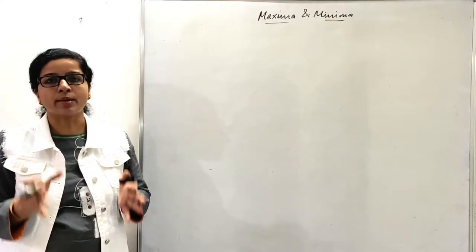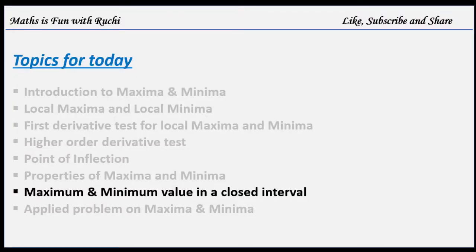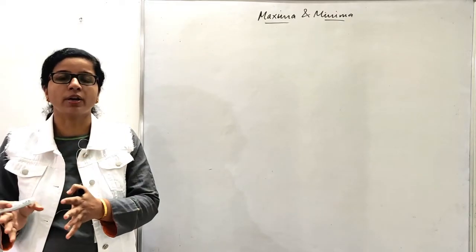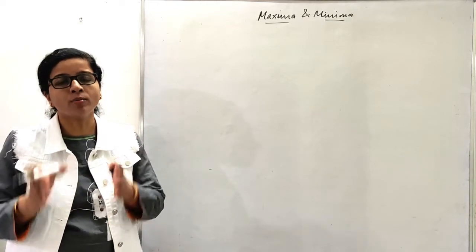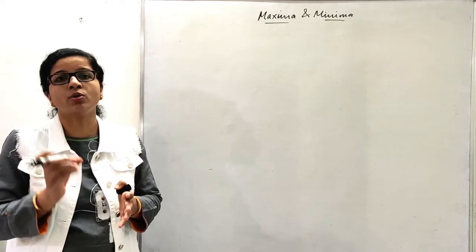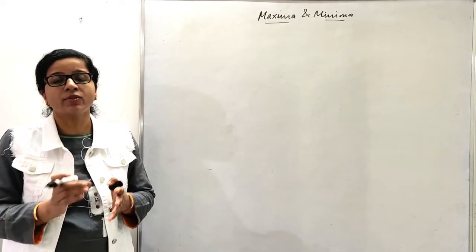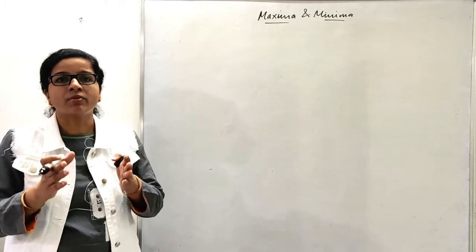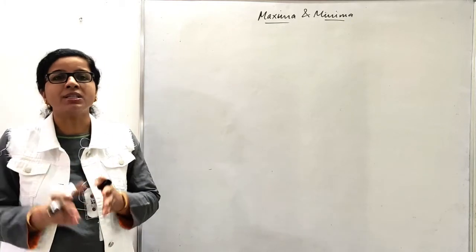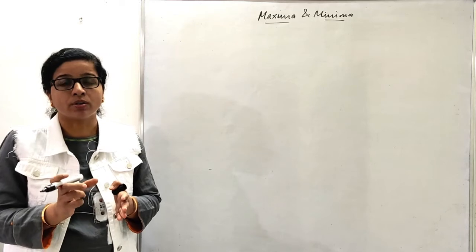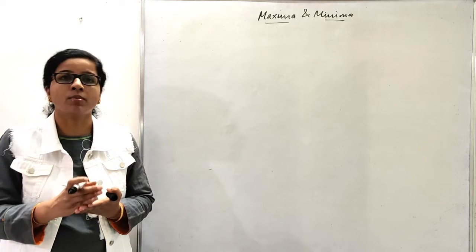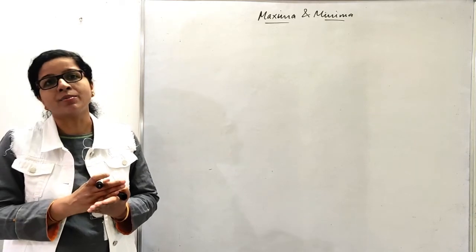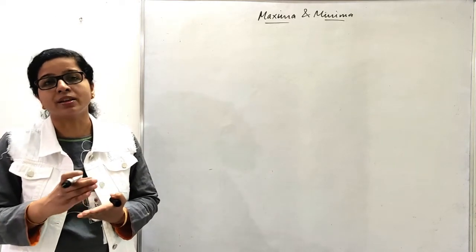So the next topic is absolute maxima or minima value. Till now we were discussing the local maxima or minima value. What do we mean by local maxima or minimum value? It means we are talking about the maximum or minimum value in the immediate neighborhood of that point. Say, for example, if I am getting the maximum value at x equal to c, I am talking about the immediate neighborhood, right? A function can have n number of maximum or minimum values. It can also be the case that your minimum value may be greater than the maximum value.